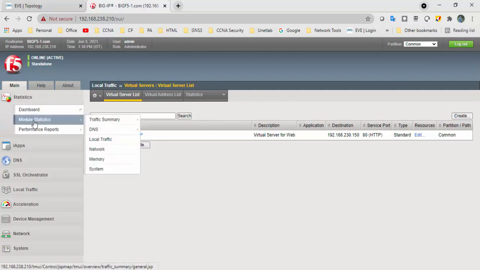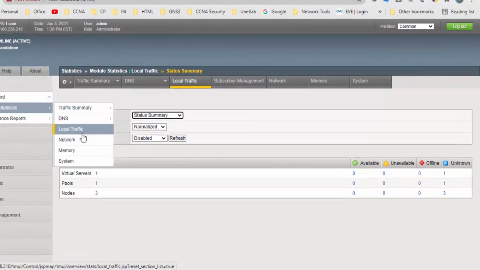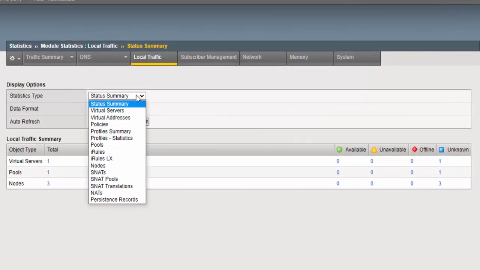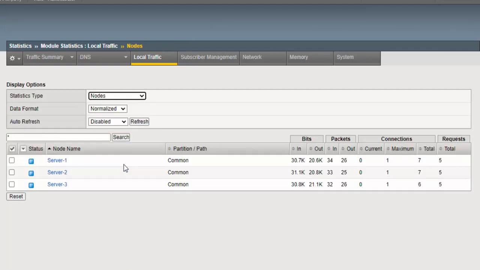Go to module statistics and local traffic. We can see filter with the nodes, profiles, pools. I will go with the nodes. You can see here server 1 got 7 hits, server 2 got 7 hits, server 3 got 6 hits.